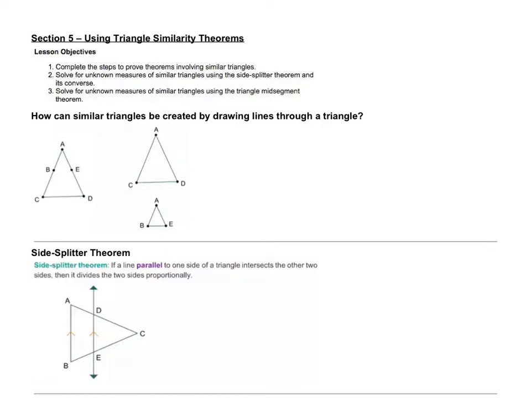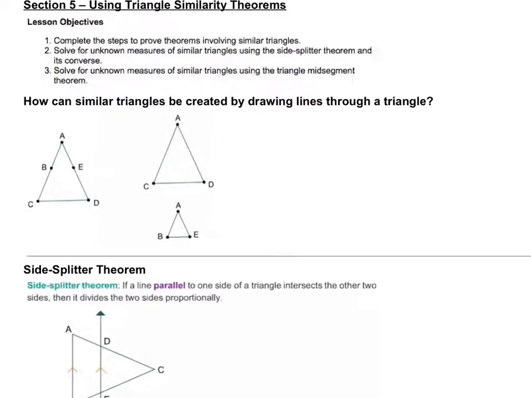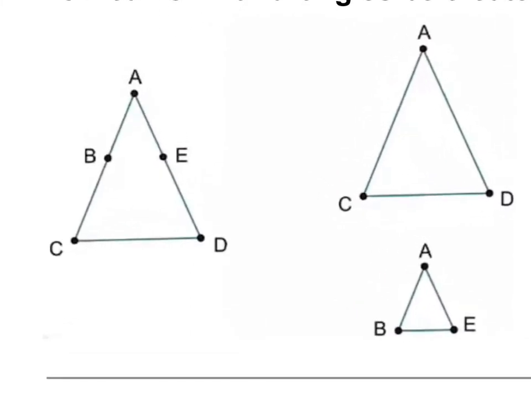And so what I want to do is first ask this question. How can similar triangles be created by drawing lines through a triangle? So one thing I'd like to do is zoom in on this picture here and notice that we have this big triangle